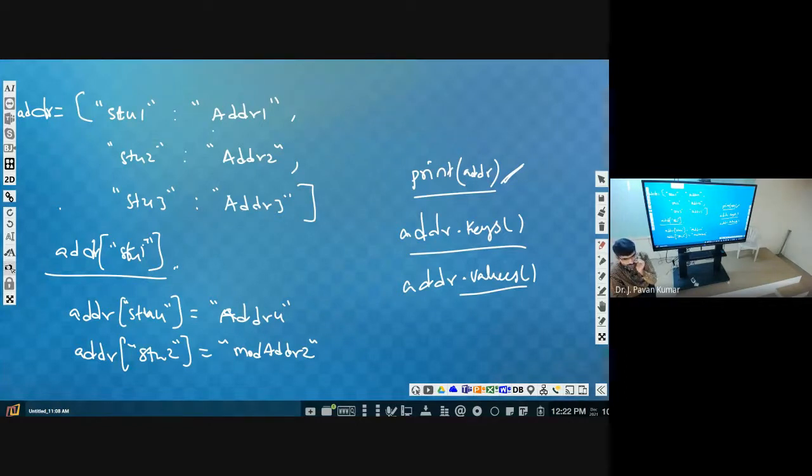Up to 3.6, dictionaries are unordered. From 3.7, and what we are using now is 3.9, 10 or 11, dictionaries are considered to be ordered. So you can remember dictionaries are ordered. Got it?